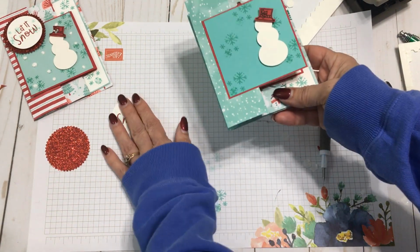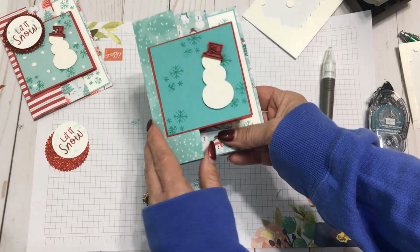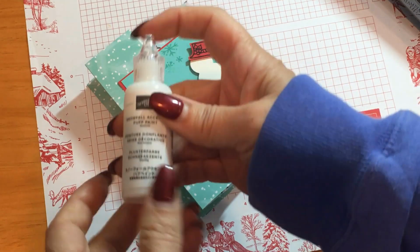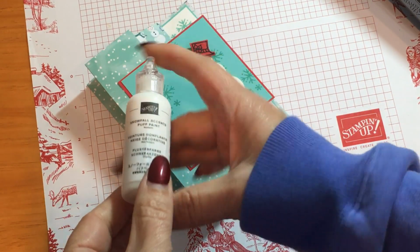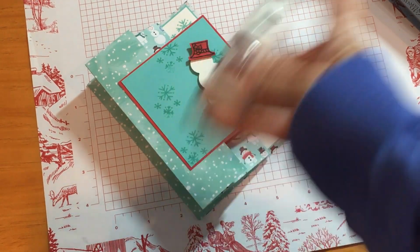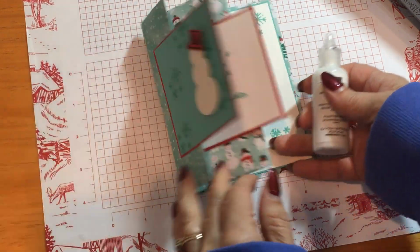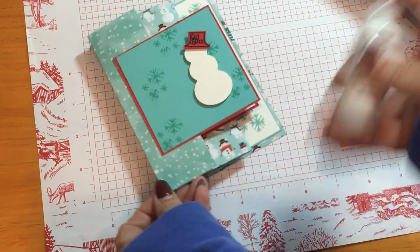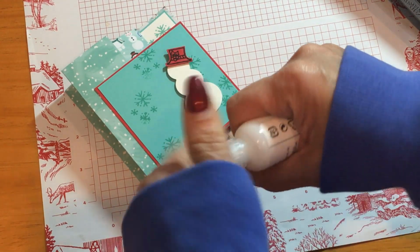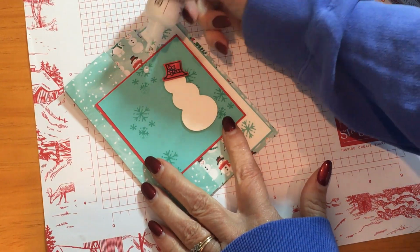Okay, so at this point, what we want to do is use the heat tool to apply our puff paint. To get our snowball look, we're going to use the Snowball Accent Puff Paint. I'm going to shake this up, and a little will go a long way, and you'll see what I mean fairly soon. So I'm just going to give it a nice shake,